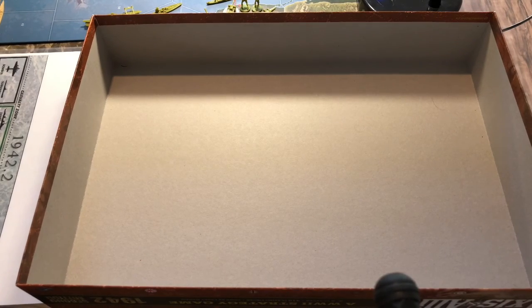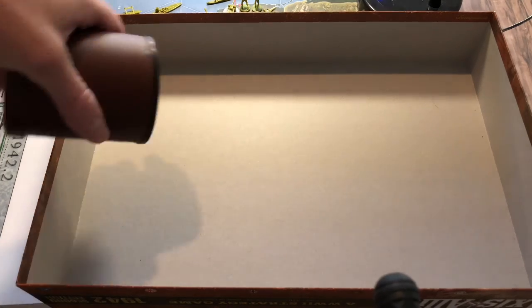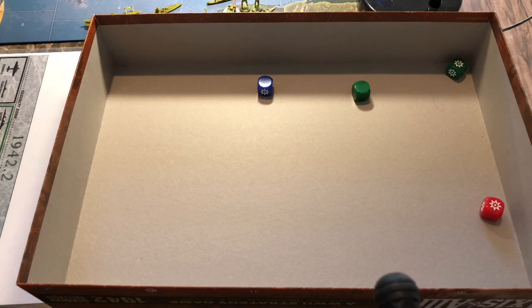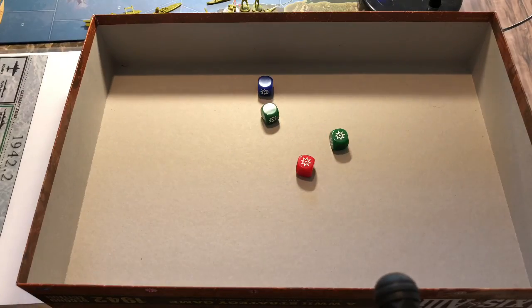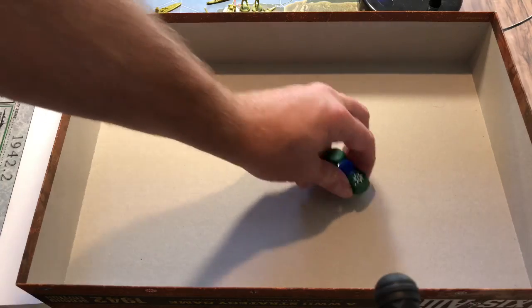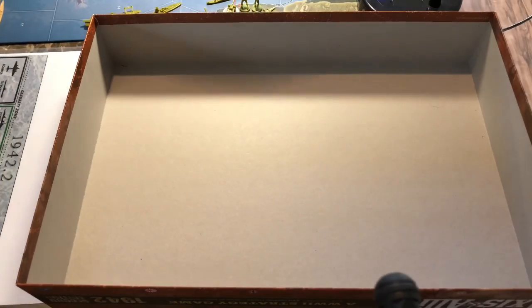I'm not going to set that up on the battle board since there's just 2 land units each there. So for the bombardment, we've got 1 red hit die for the battleship, 1 blue hit die for the cruiser, and 2 green hit die for the infantry and artillery promoted. Or excuse me, the infantry promoted. All right, looking for 2 hits here. And 2 misses and 2 hits. 1 green and 1 red hit. So the 2 infantry units in Finland have been eliminated,